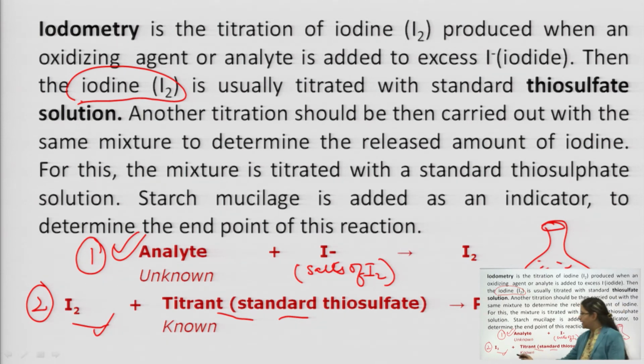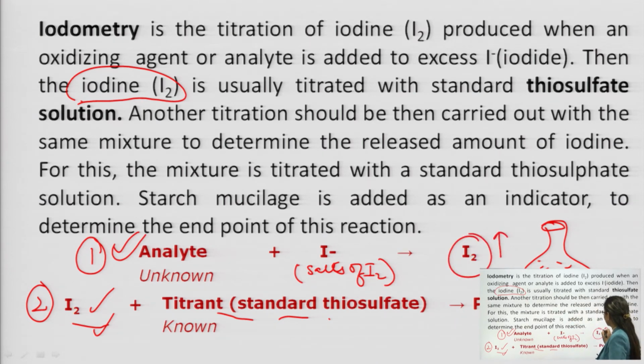But once all the iodine is consumed and titrated with the standard thiosulfate solution, all the blue color goes colorless, because starch alone doesn't give blue color; it gives blue color only in the presence of iodine. So another titration should be carried out with the same mixture using standard thiosulfate solution to determine the liberated amount of iodine, and this liberated amount of iodine is stoichiometrically